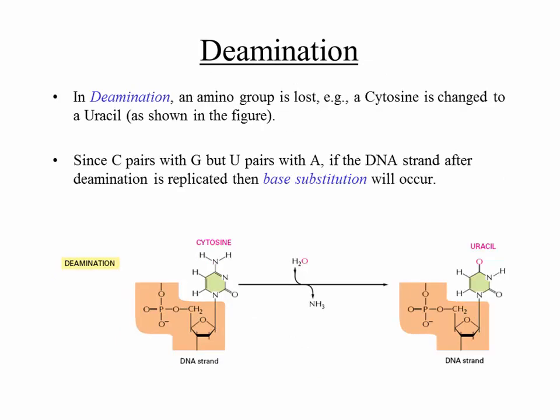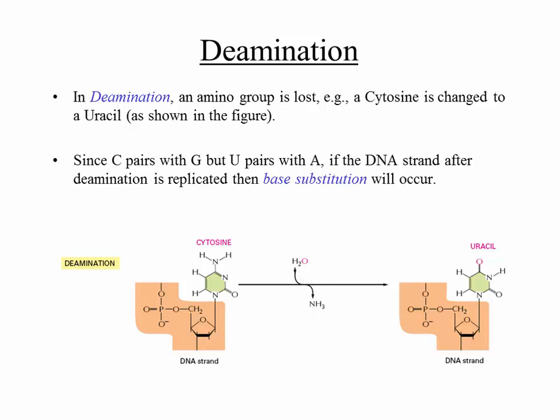Another type of thing that happens is called deamination. That means removal of an amino group. An amino group is lost. Example, you have a cytosine here. This is the cytosine, the sugar, right, deoxyribose phosphate, so sugar phosphate backbone. All right, so this cytosine loses an amino group. NH2 is gone, all right? And then so when it loses that amino group, it now becomes uracil, right? You can check the structures, all right? When you take the amino group away from cytosine, it is uracil, all right?